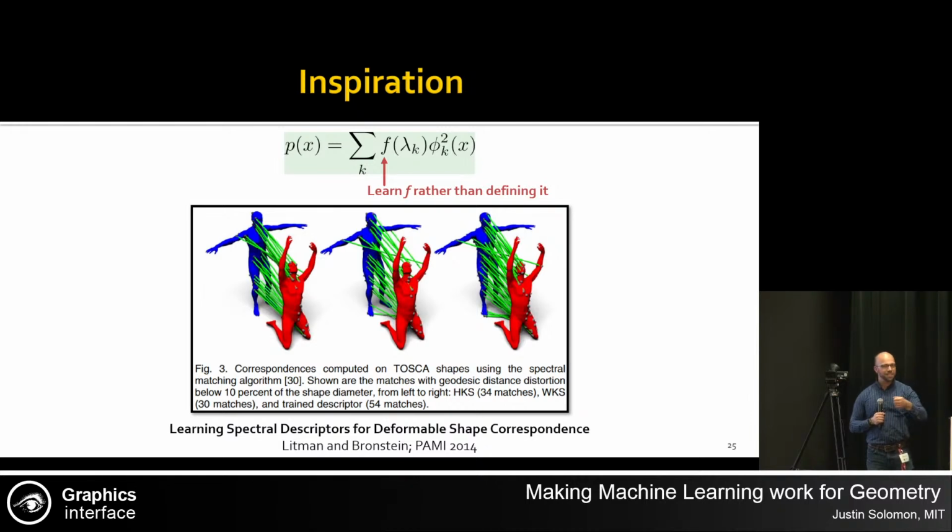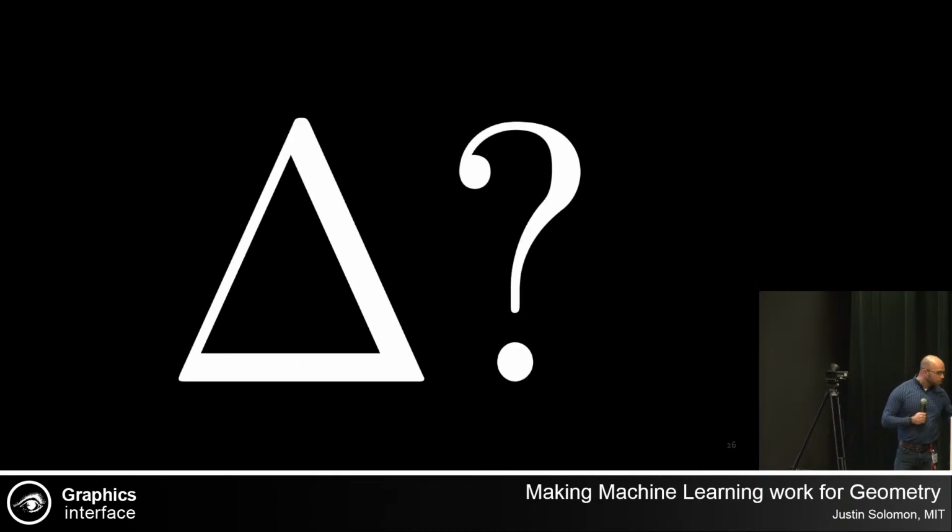Like, how does it respond to vibration or heat propagation or what have you? But of course, there's a huge class of physical systems out there that can't be built from this one matrix, right? There's plenty of physics to be had that doesn't have to do with the Laplace operator specifically. And so we wanted to ask a broader question, which was, can we learn the appropriate physical model or partial differential equation, depending on what community you're in, that determines a feature that's useful for comparing shapes in a particular context.